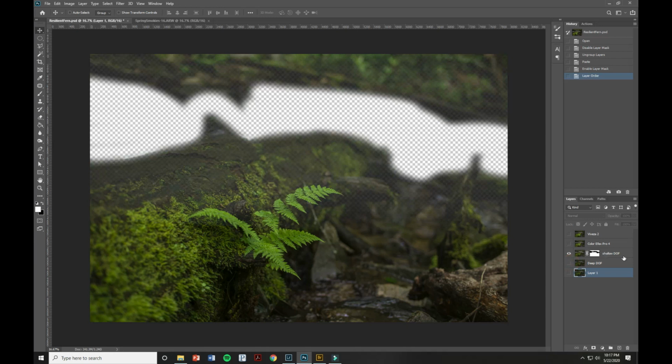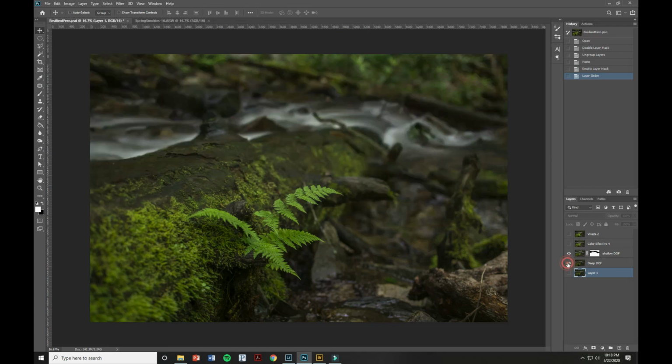And you can see what I really only kept from the long exposure image was the water. So I created a layer mask and painted in just the water areas and a little bit of the fringes just to blend it in, so that I could keep the ferns really sharp and keep that long exposure effect on the water in the